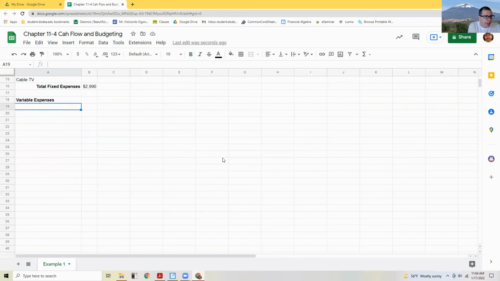Now I'm on cell A19, and it's going to be groceries (food), dining out, fuel for the car, cell phone,